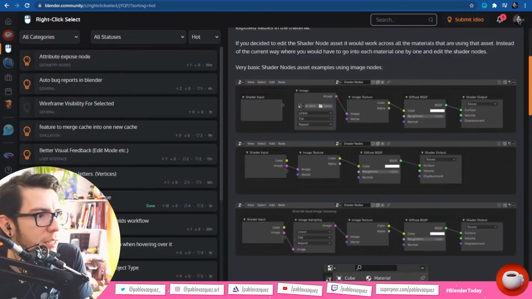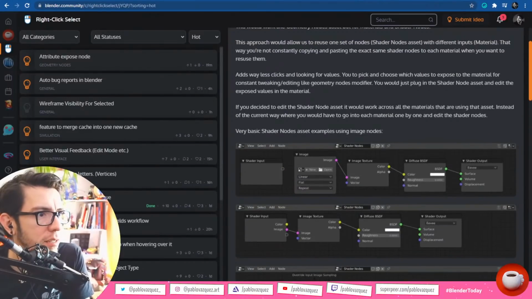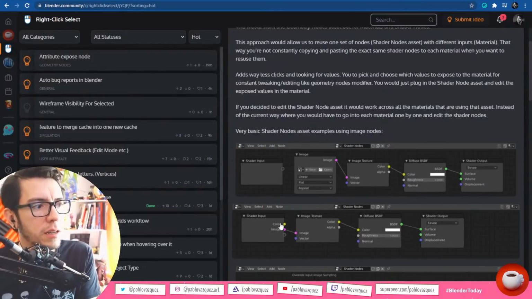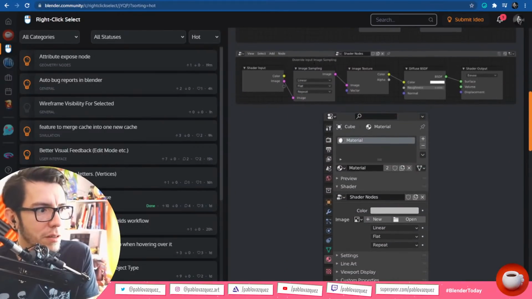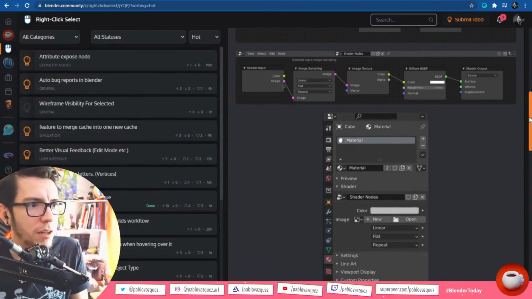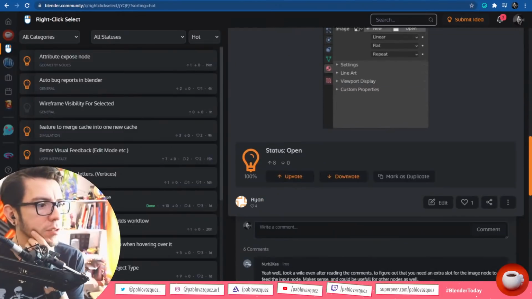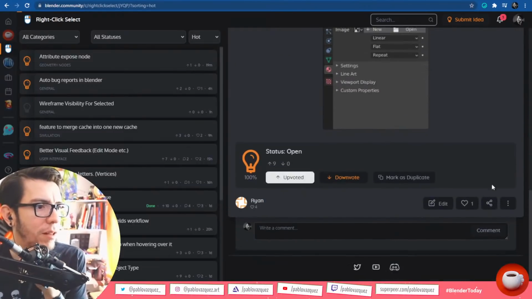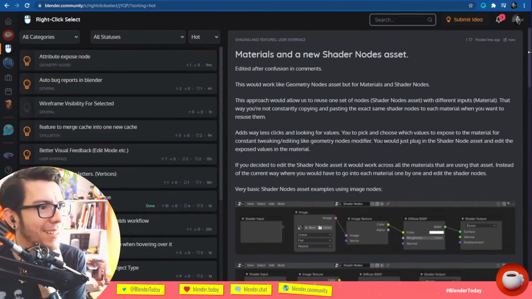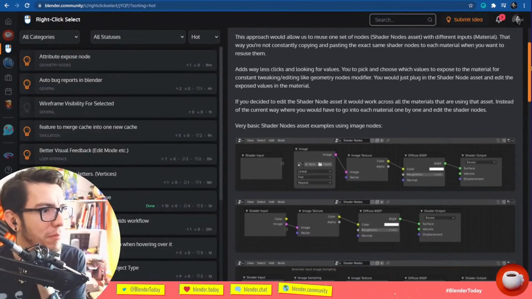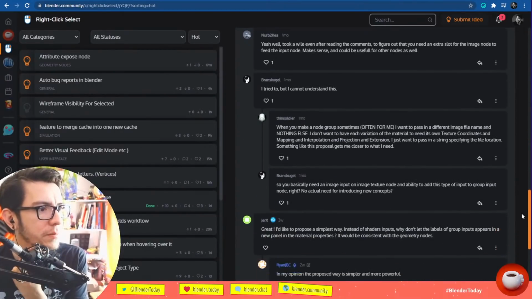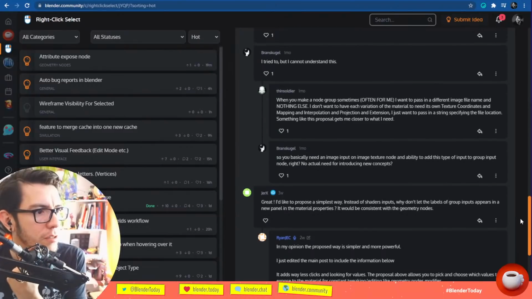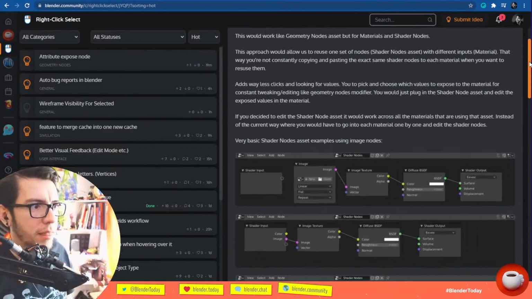Okay, if I understand from reading this, you are able to expose certain sliders or values in the material. Yeah, I love this concept. Absolutely. Thumbs up. Well, I mean, I should read it first probably, but yeah, it only makes sense. It will be easier to share and stuff. Some people seem to be confused, but I think you addressed that.